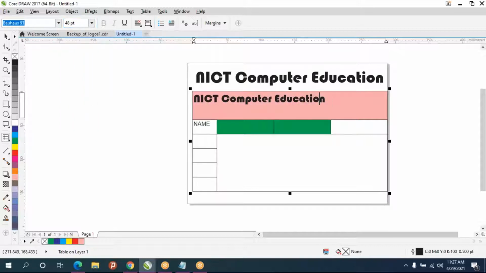Okay, suppose this text, if you want in the center of that cell, you have to enable text properties. You can press Ctrl T, or this symbol you can click. After taking text tool or table tool, this option will come, which is called text properties. You can press Ctrl T, or you can click on that.